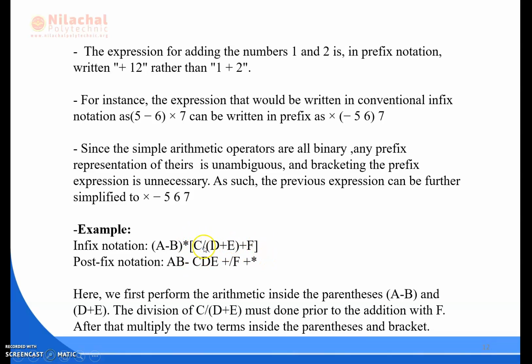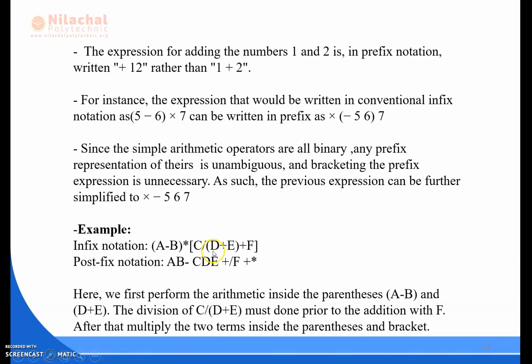In the square brackets we are using the precedence priority. In the brackets we have a division sign, we have another bracket, we have a plus sign. So obviously we will be solving the brackets first. As it is given in infix, we have to convert it to postfix notation.